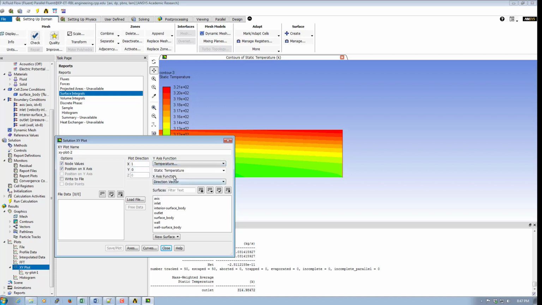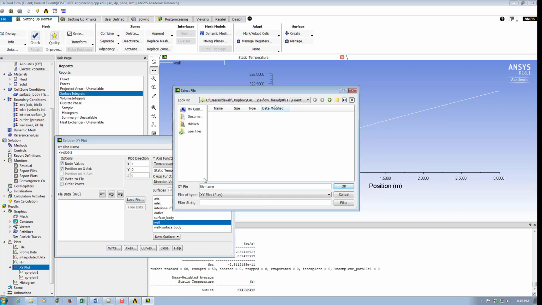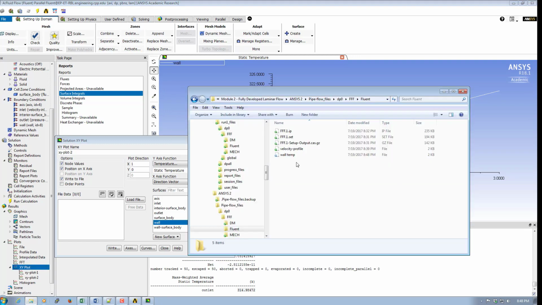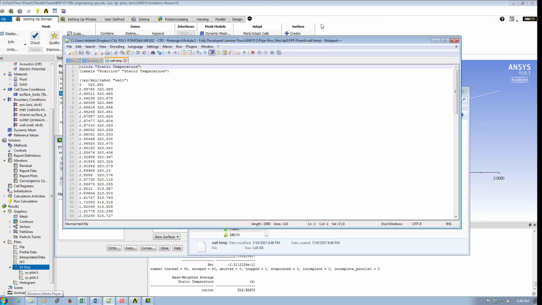Clicking on temperature, and where do I want to find it? On the wall. I can click here. It will show it to me graphically here, but I want the actual number, so I click on write to file and ask the software to write it. I give it a name like wall temperature. Then I can go here, right click on the file that's generated, open it with a notepad,